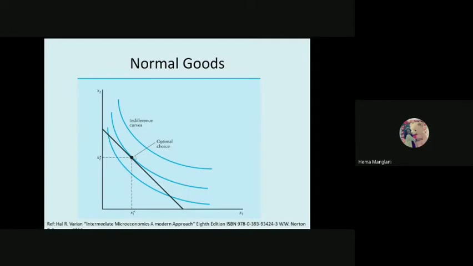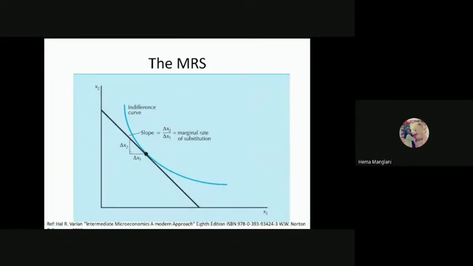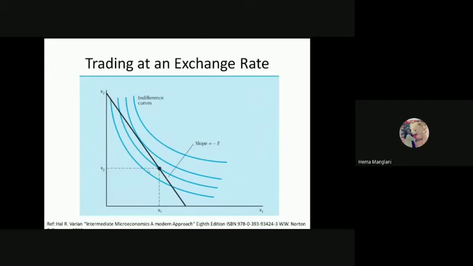Okay. If you go for the MRS, we have already discussed that the MRS is just the slope of this. So when you have the budget line, you can also have this triangle and assess how much you need to substitute for the other commodity. So when you go with the trading exchange rate, you see here we are following the tangency, and then we have the intersection here. Fine. So we do follow the optimal choice, of course, somewhere here, because your indifference curves are like that.